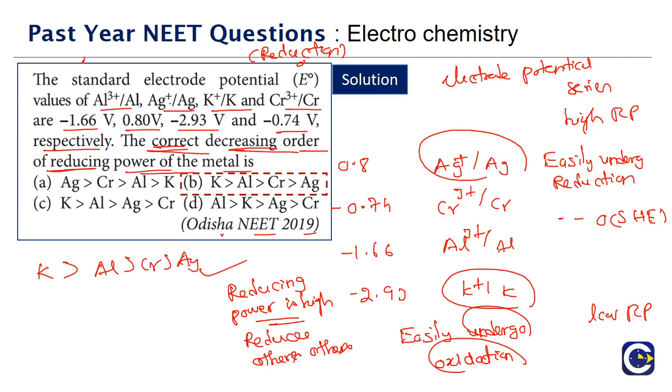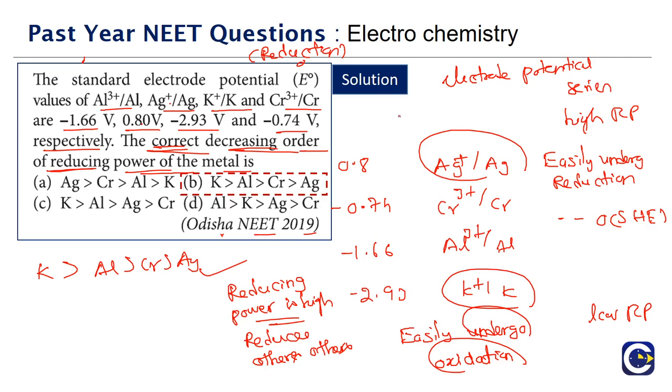Option B. So all these questions, whenever they give us the electrode potentials and ask us to comment on the reducing power, sometimes they can ask oxidizing power, etc. Whatever the analysis they will ask, we have to first begin by arranging them as they appear in the electrode potential series. So high reducing power is at the bottom, high oxidizing power will be at the top. High reducing power at the bottom means high oxidizing power at the top.